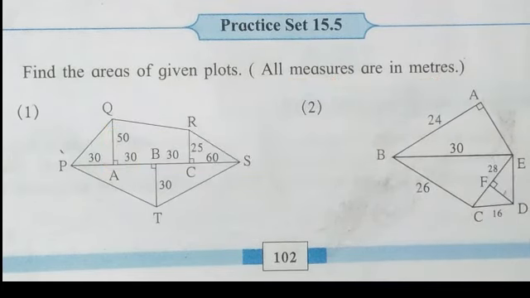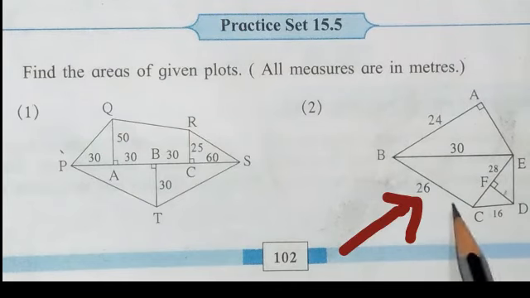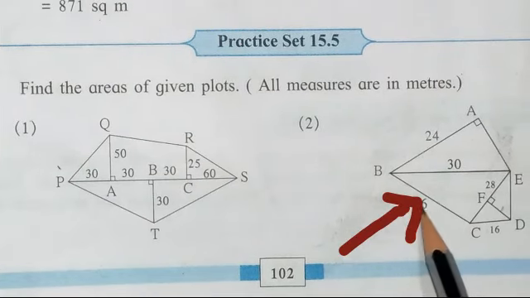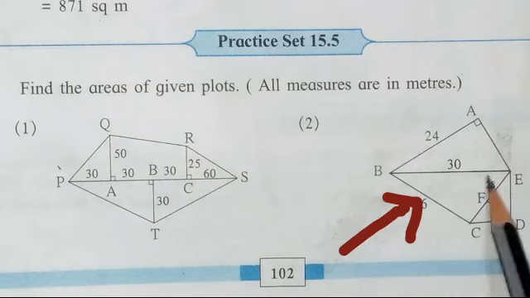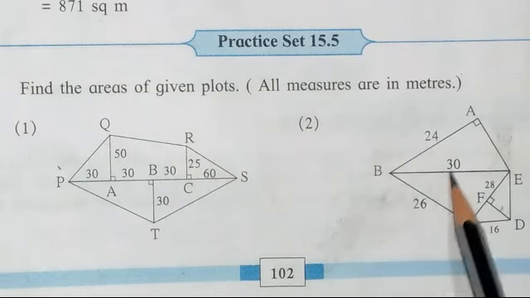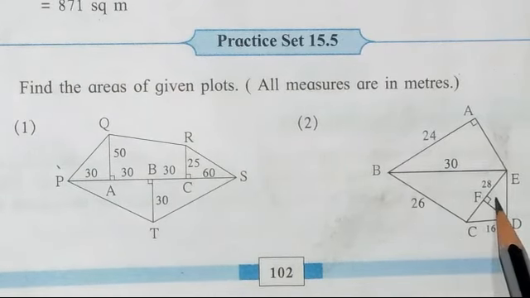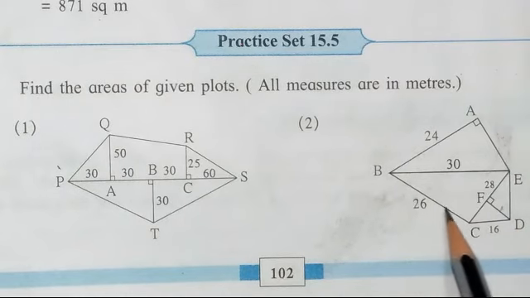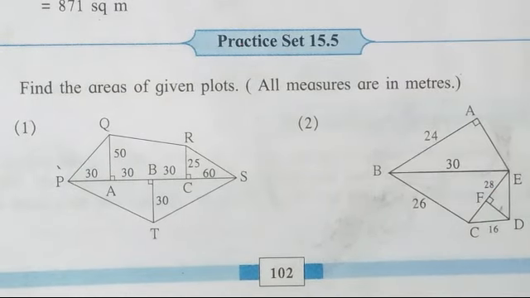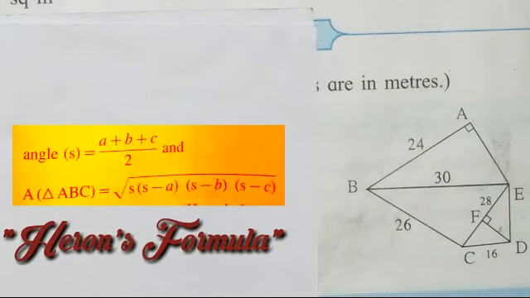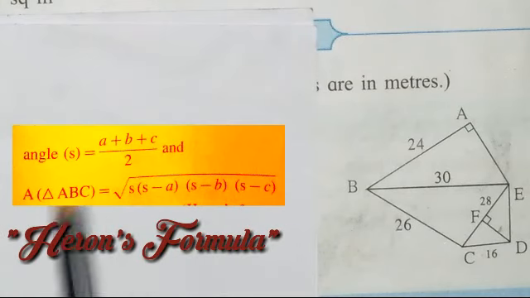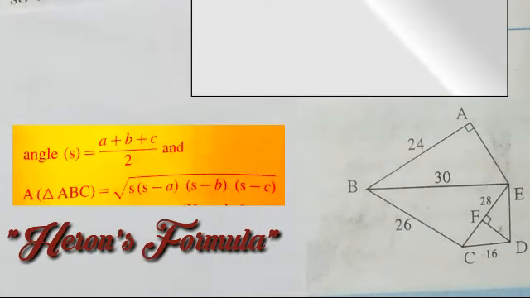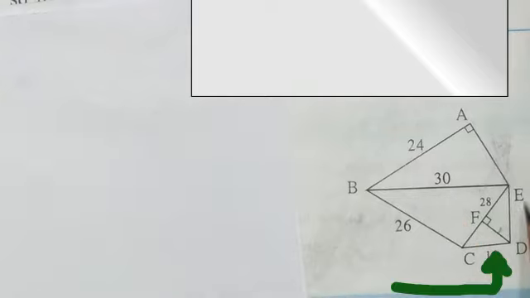After that, you have to look towards the middle part of the diagram. If you look very properly, this middle triangle has the measurement of 3 different sides. It means that for this triangle, you can use Heron's formula, which I am giving you here. So by using both the formulas, you can find out the area of this figure, and at last you have to move towards the last section of the diagram.